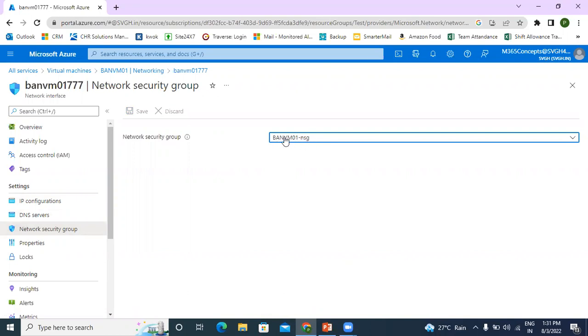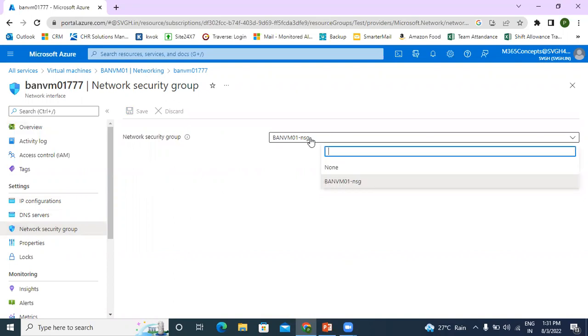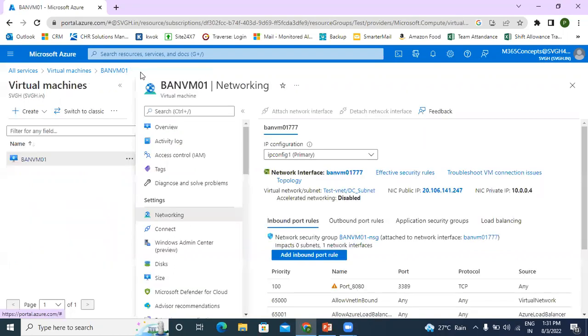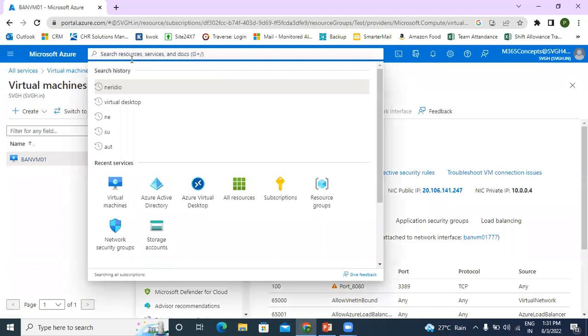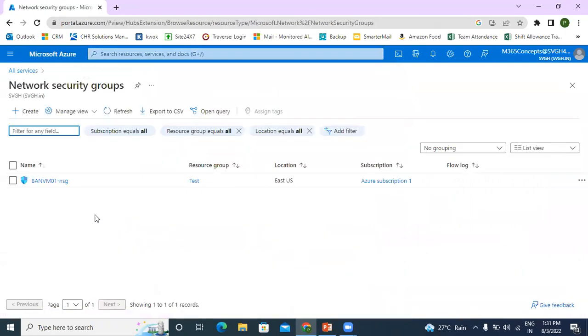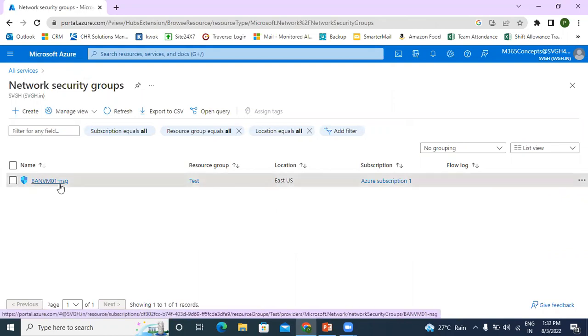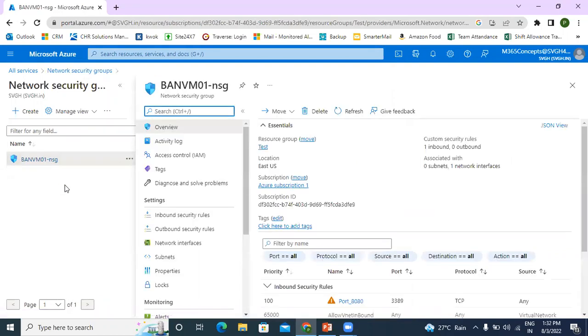So we can capture this network security group name and we'll go on to the network security group rules. For that, we need to go to the network security groups option. We need to search for network security groups. Under network security groups, if you see, we have a network security group which we have created. Under this,